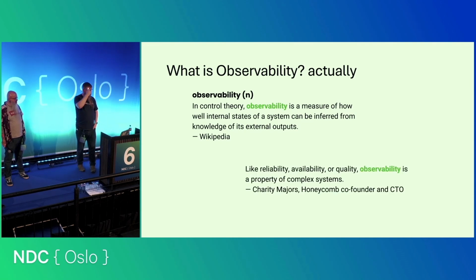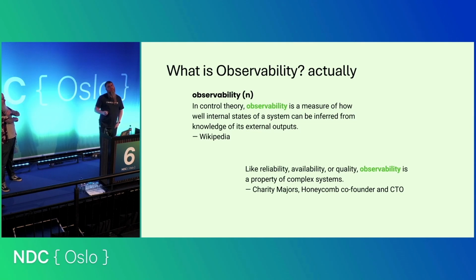what we actually mean is that observability really is a property of these complex systems. In the same way as we think about a system being reliable, we think about a system being testable, we should also be thinking about, is a system observable? That's really where it comes down to. Can we understand what's happening to the inner system state? Now, that could be at different levels. It could be what we're talking about, which is that high-level idea of a pizza shop and how it cooks pizzas and delivers pizzas. It could be as low level as a courier and how they interact. But how well do we understand how that system works?